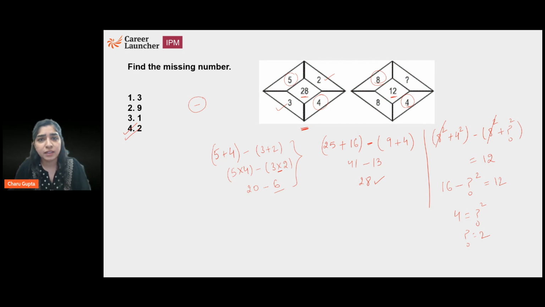Okay, I think to very quickly identify the pattern in such questions is practice only. It will take a lot of practice to know what the pattern is. So my advice would be this for such questions. And usually this type of questions come in IPM, JIPMAT, IPM Rohtak and so on. So it will take a lot of practice. Okay, let's go to the next question.